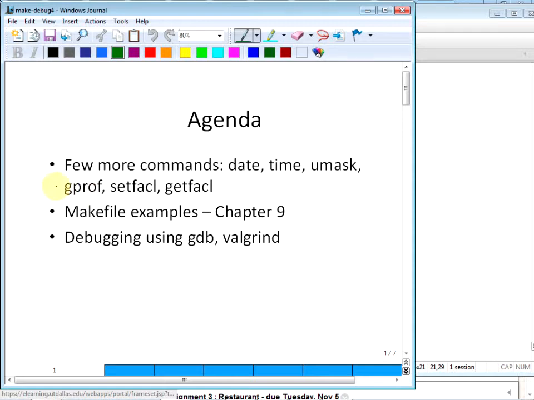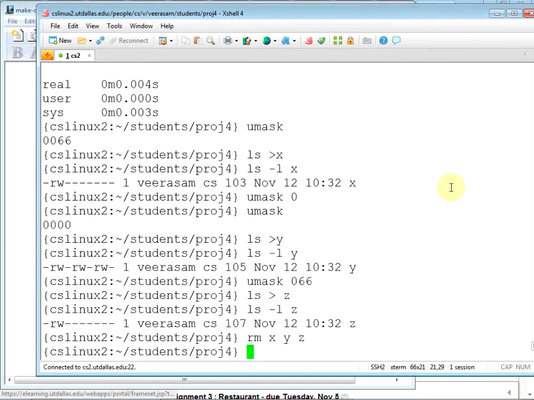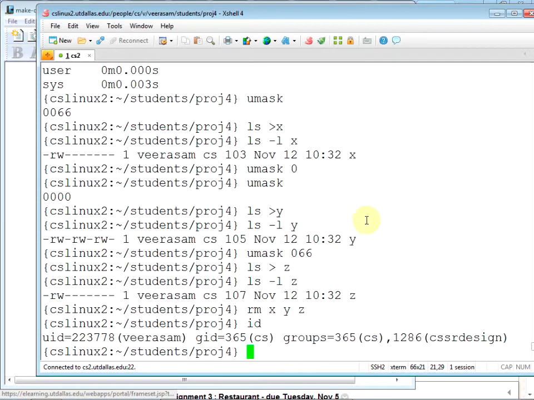So setfacl, getfacl. Remember, if you type in id, it will display your user ID and group IDs. So by default you are part of some group.